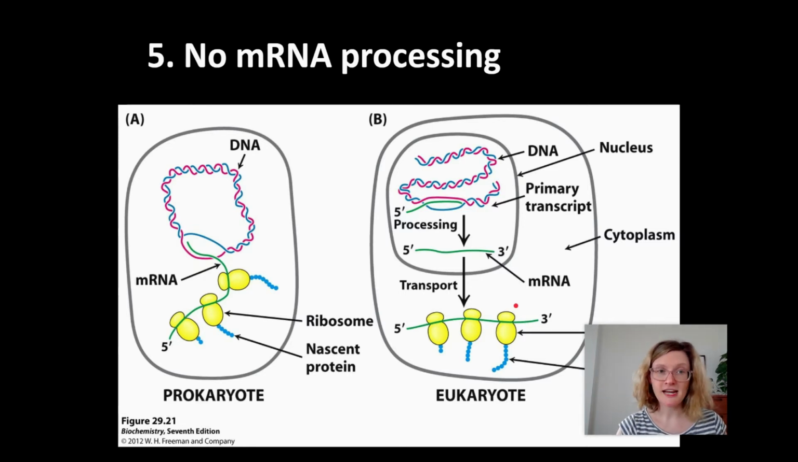Another thing you can see in this diagram is that there is no mRNA processing. In eukaryotes, our mRNA has to have a 5' cap added, a methyl tail or poly A tail added to its 3' end, and we have to remove the introns, so those non-coding regions of the mRNA transcript, before it gets sent to the ribosomes. None of that is occurring in a prokaryote. Right after transcription, the mRNA is ready to be